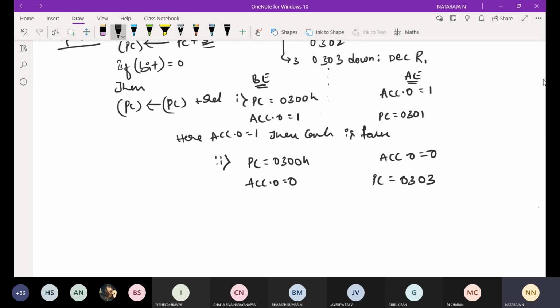So the processor jumps to the address specified by the label and executes that instruction, that is decrement R1.